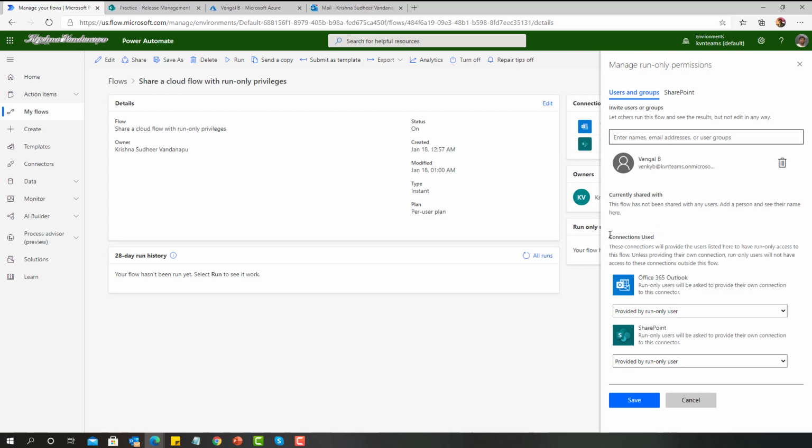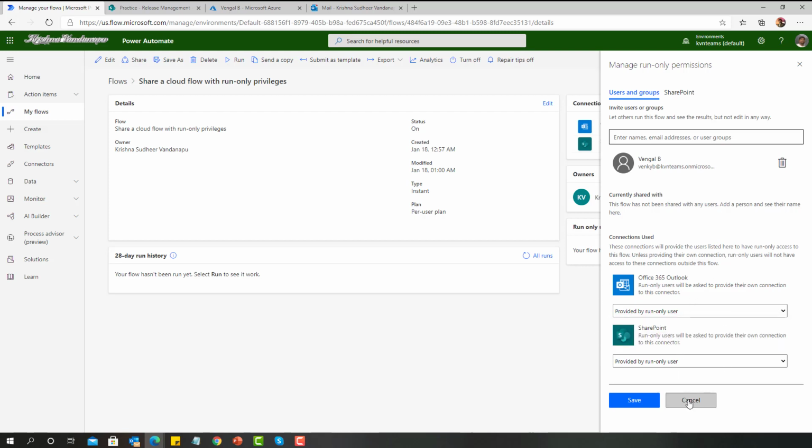If you notice here, the flow engine has listed all the connections as part of this flow, but this time it is giving us an option to select how you want to run these connections. You can run these connections as provided by the run only user, which is whoever user you are nominating here, or you can run these connections with the flow owner, whoever created the flow.